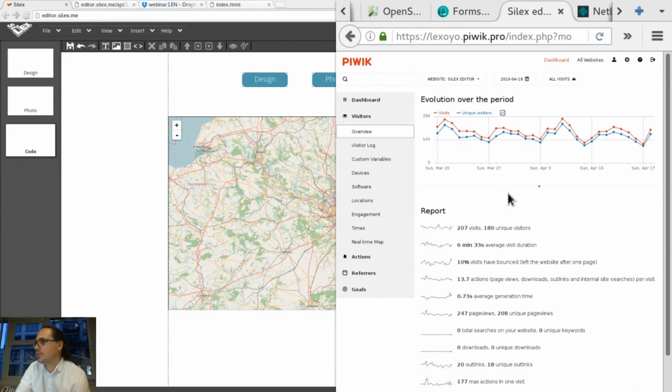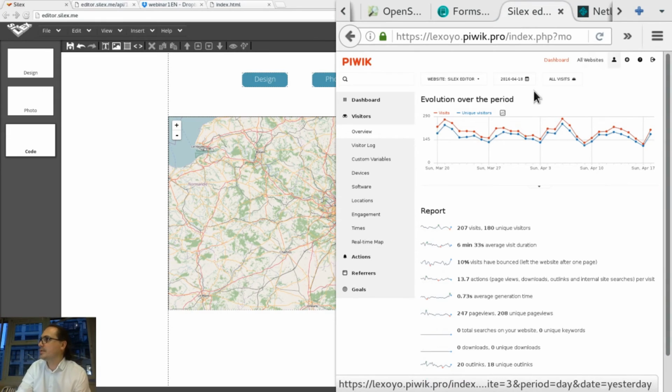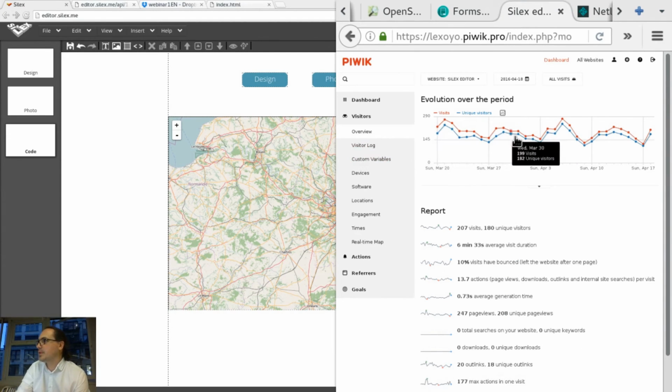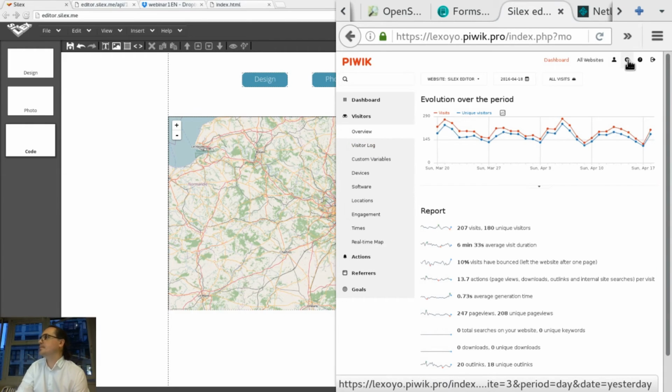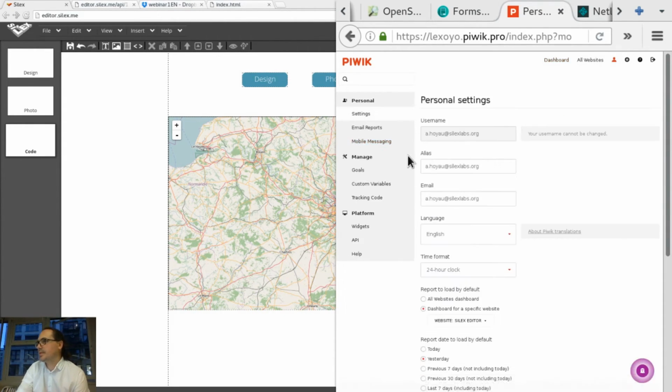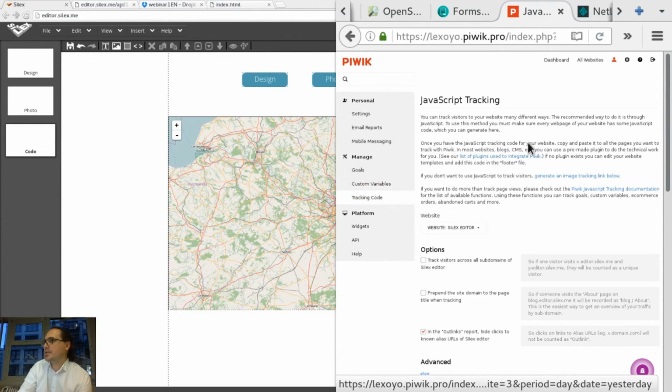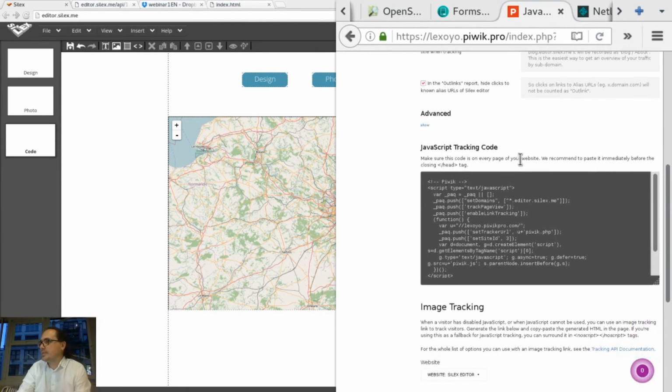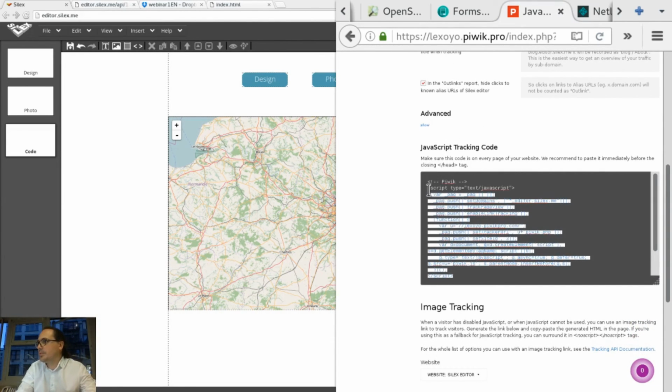Piwik, you'll have to pay if you want one like this. It's not that expensive, but it's very nice looking, and you see many metrics for your visitors. It's very simple, still the same thing. You're looking for a tracking code. It's written in the documentation, but what is important is that I just copy-paste the code they gave me